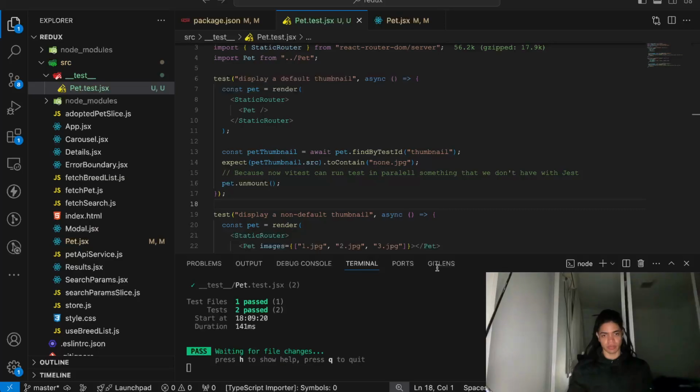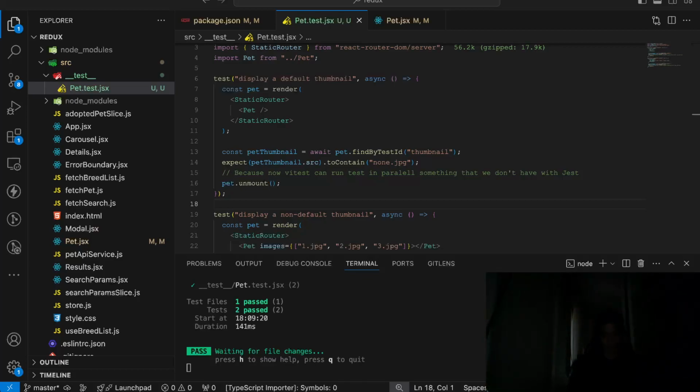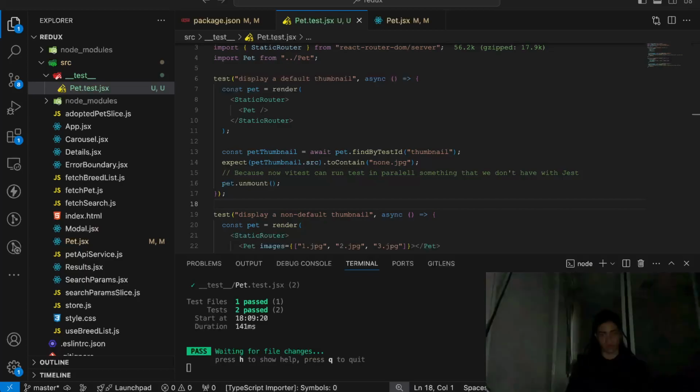Okay, testing user interaction. So far, we're basically testing if I give it the correct properties, do I get the correct thing out of it, right? If I give it the correct images, will the user be displayed the right images? Very valid test. Let's go with carousel. If you remember in carousel, I say